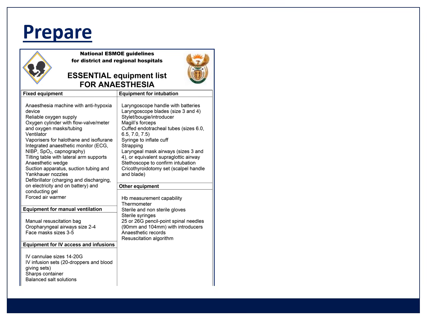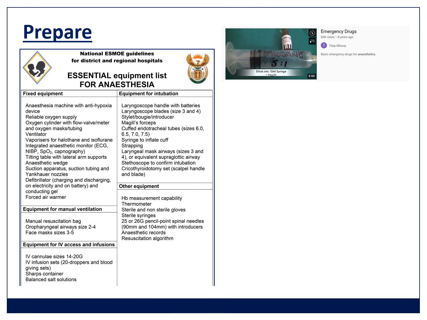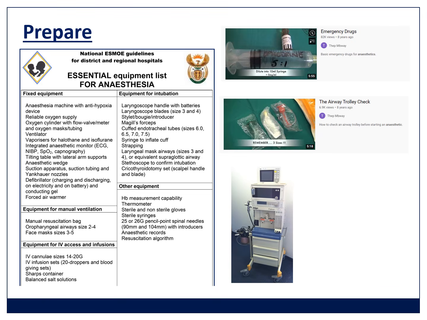So if you've got a placenta accreta that's going into theatre as an emergency, 2 lines. Is there blood available? Do you have FDPs? Those sorts of things you can prepare. And remember, if you're looking to find them on this YouTube channel, there's emergency drugs, airway trolley checks, how to